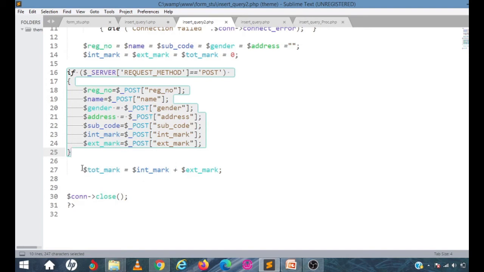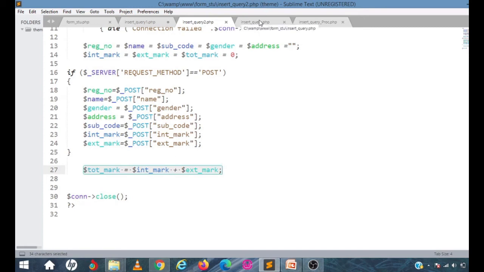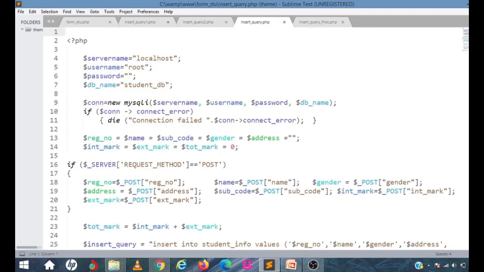And then here you can see that I am just summing up this internal mark and external mark. Now I have got the data from the HTML, and here I have seen how to receive the data and then how to manipulate the data. All I have to do is put it into the MySQL. So we will be seeing how to do that.